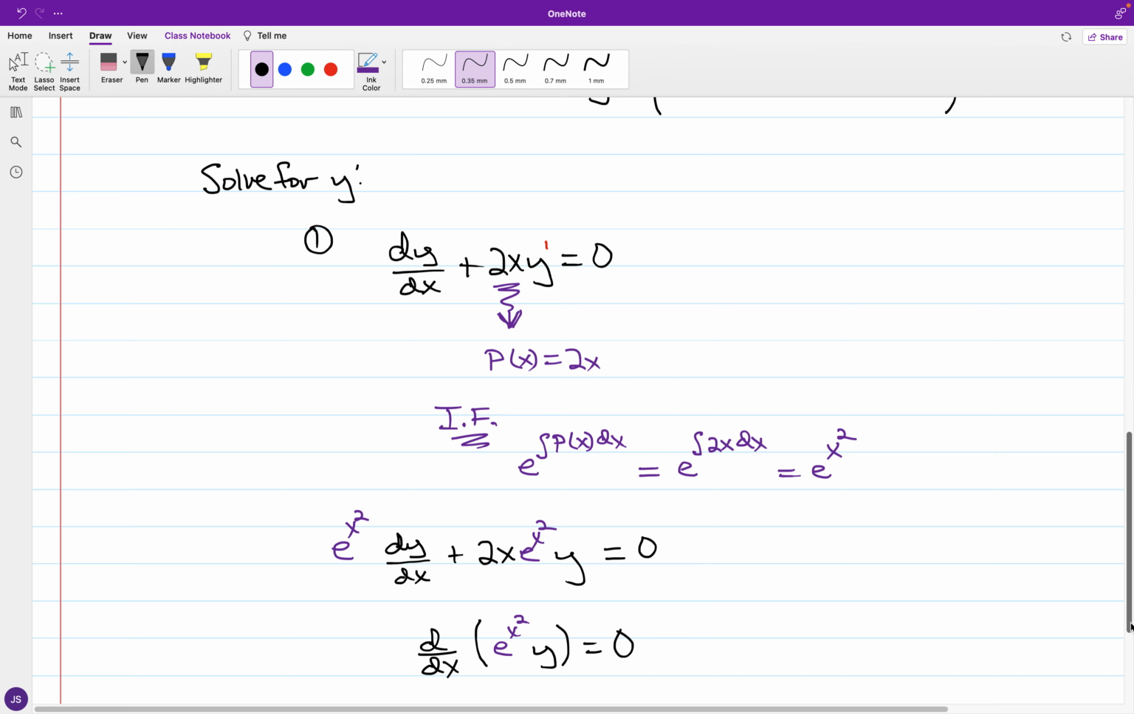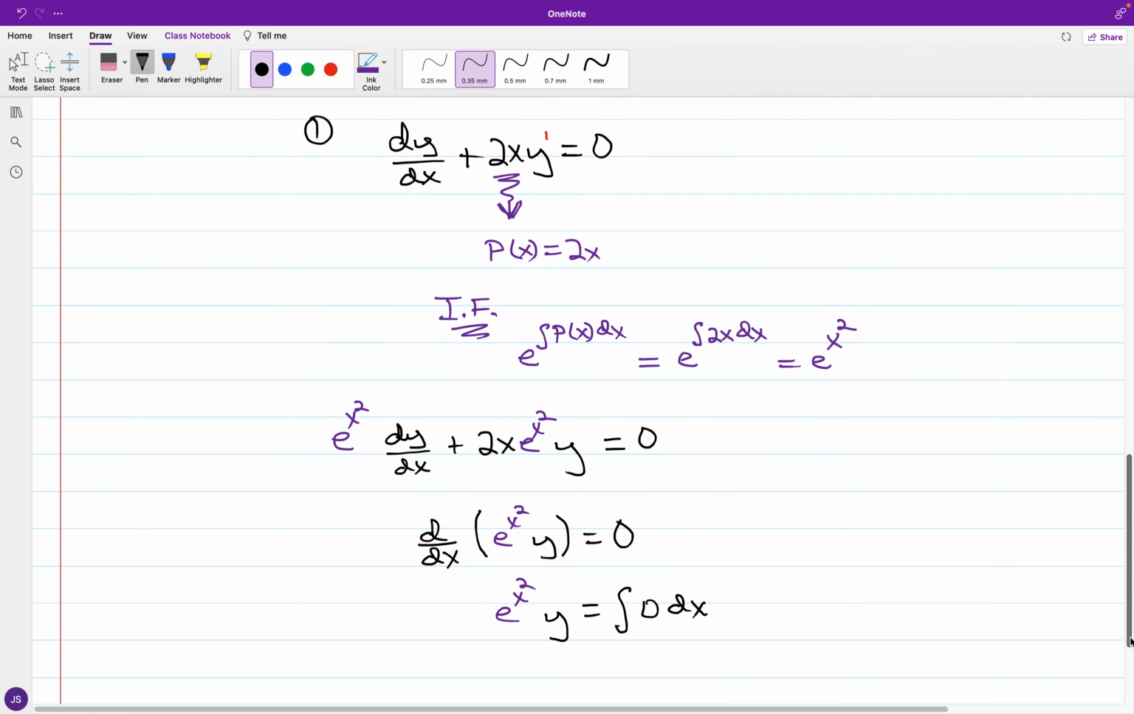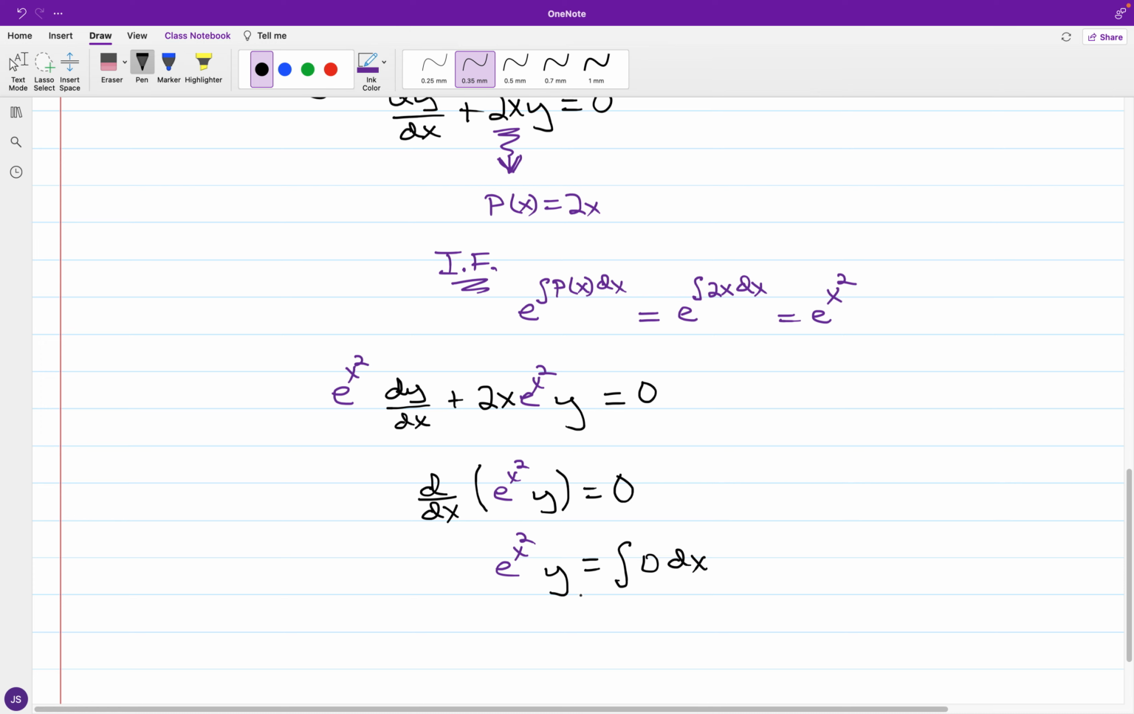And once again, looking at what we have here, if I integrate with respect to x, we're going to have e to the x squared times y is equal to the integral of 0 dx, and the antiderivative of 0 is going to be a constant. Okay. So y times e to the x squared